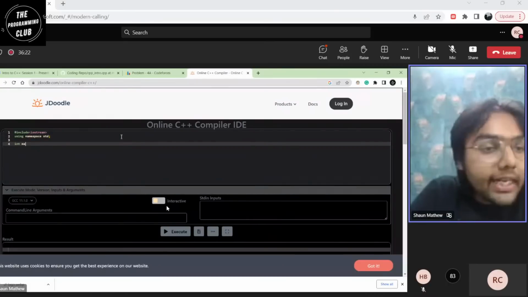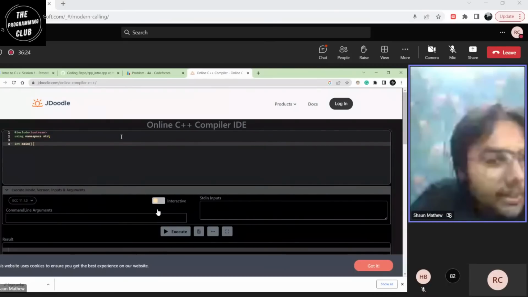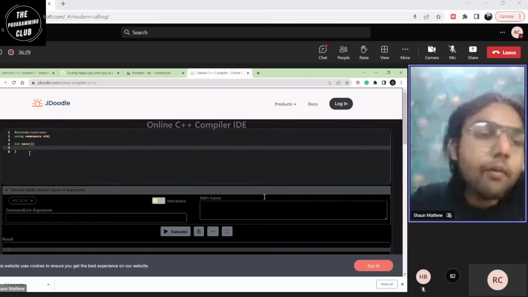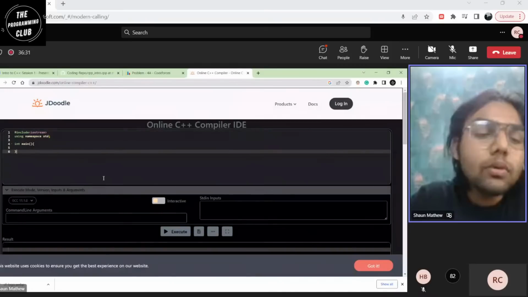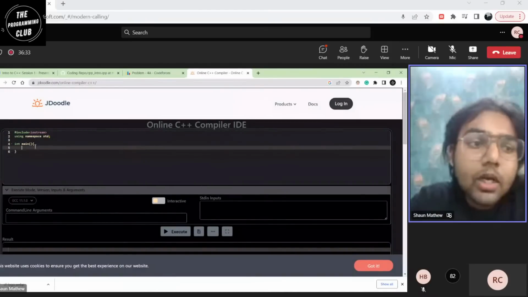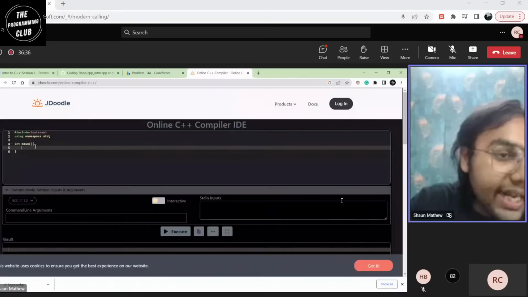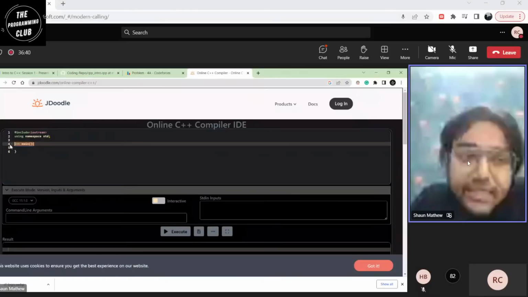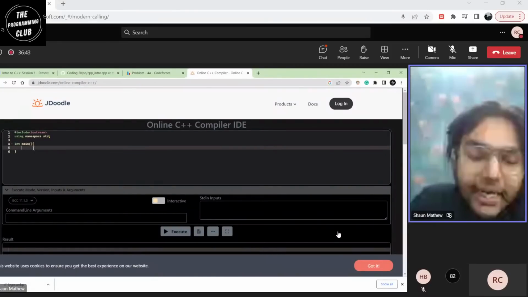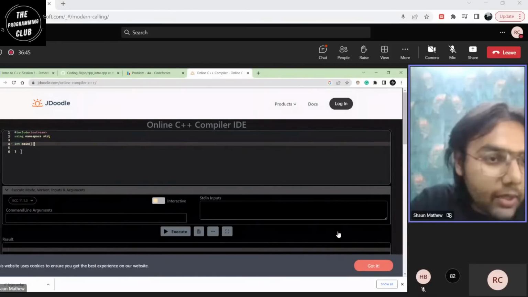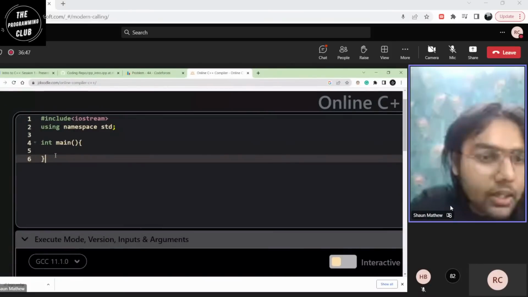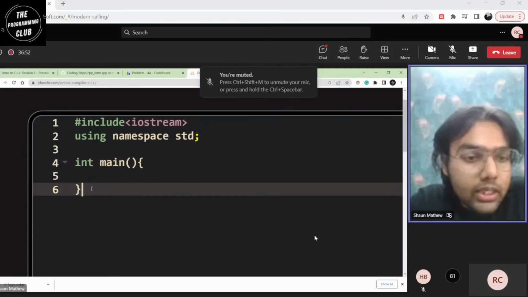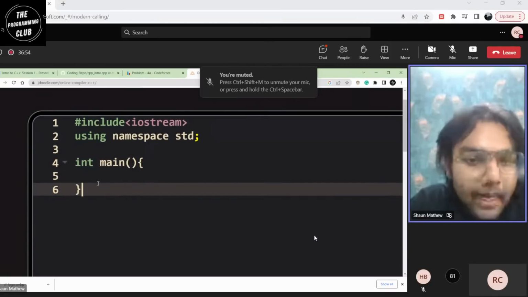Now, the next thing that you saw was int main, and some curly braces out there. So, what is int main? What are these curly braces? To run a C++ program, your compiler starts reading it from the main. What is main? Main, as it says, is the main function of your program. So whatever I write in here, in between these two curly braces, I hope this is visible, this is my main function. Whatever I write between these two curly braces will be executed by my program.